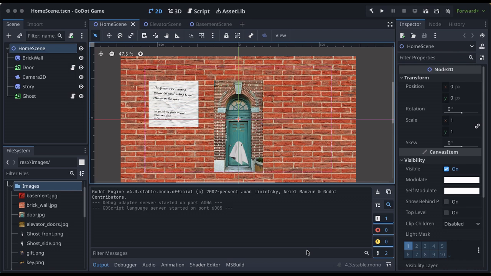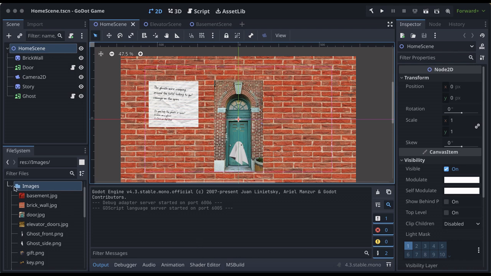I tried changing the theme to light mode, but it hurt my eyes, so I'm keeping it in dark mode for my sake. Also, I learned that it's actually pronounced Godot and not Godot. Anyway,